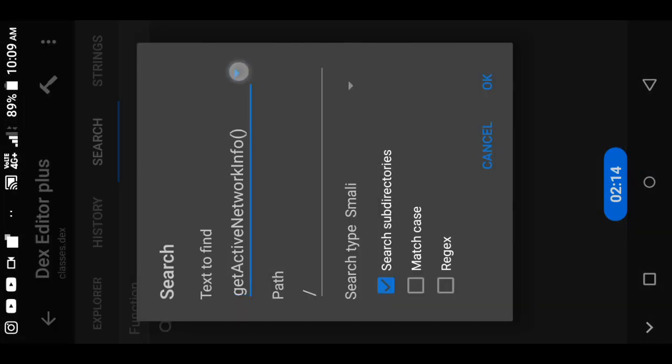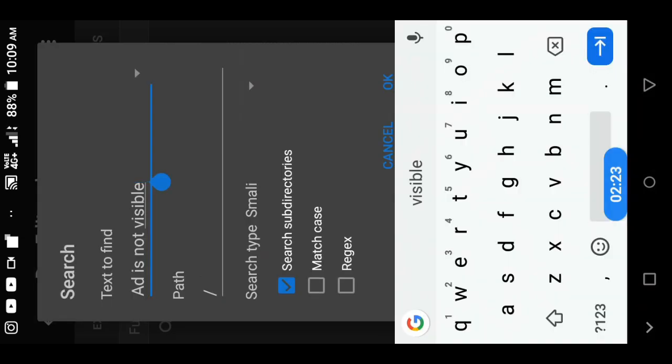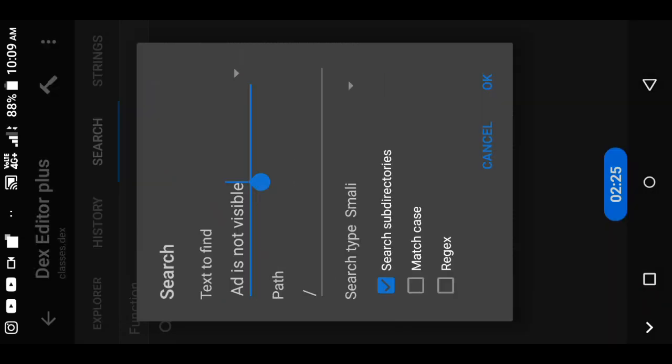So now what I'm going to do is, you should search for ad not visible. So you can see here I'm searching for ad is not visible. Okay, so it is searching.